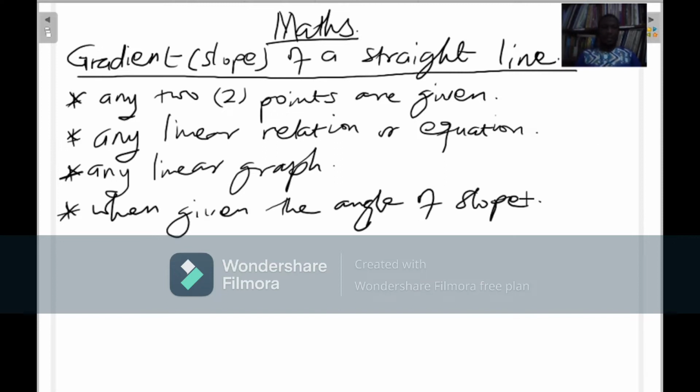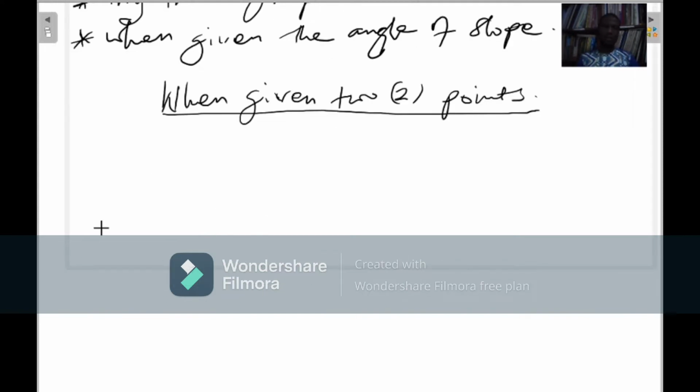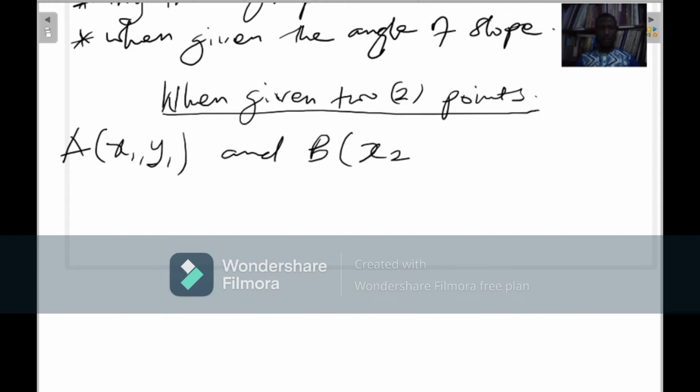Let's take the very first way by which we can find the slope of a line: finding the slope of a line when given 2 points on the line. Assuming we have two arbitrary points, A with coordinate x1, y1, and the second one B with coordinate x2, y2, then